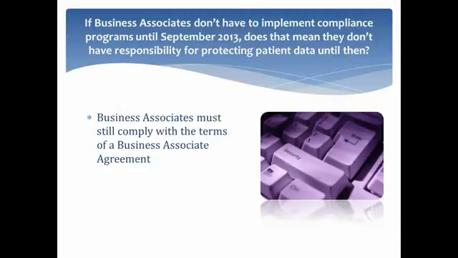So a covered entity providing access to a business associate to the patient data has the responsibility to make sure that that data is protected, and a business associate, even without a contract, has to comply with the basic terms of the contract, which says that they can't breach the data and they have to protect it so that it doesn't get released. Right now, if there's a data breach, the business associate still reports it back to the covered entity and will not face direct penalties. That's what they have until September to comply with.